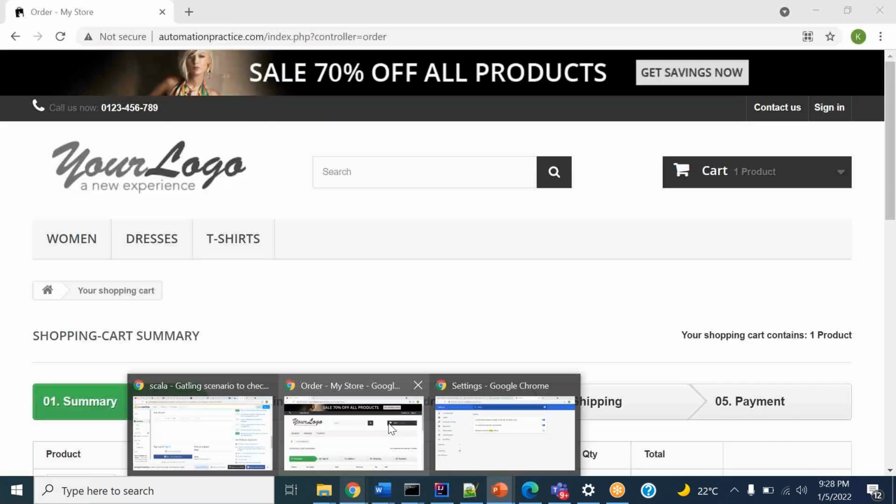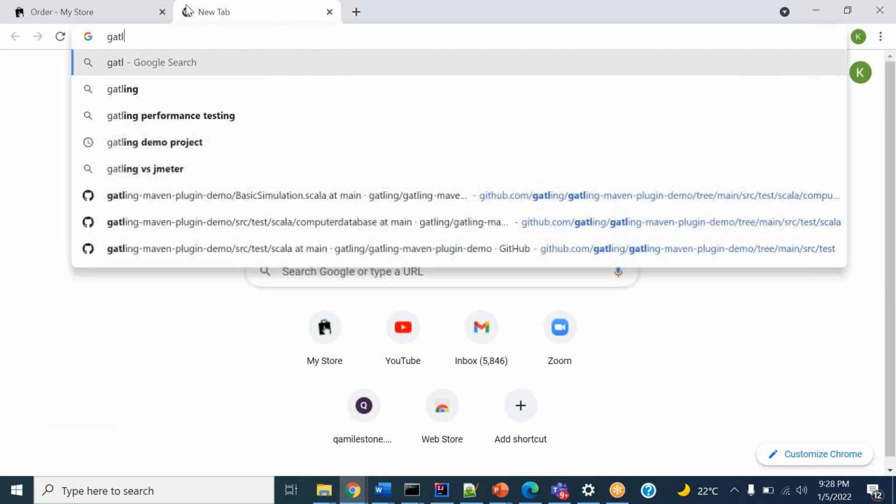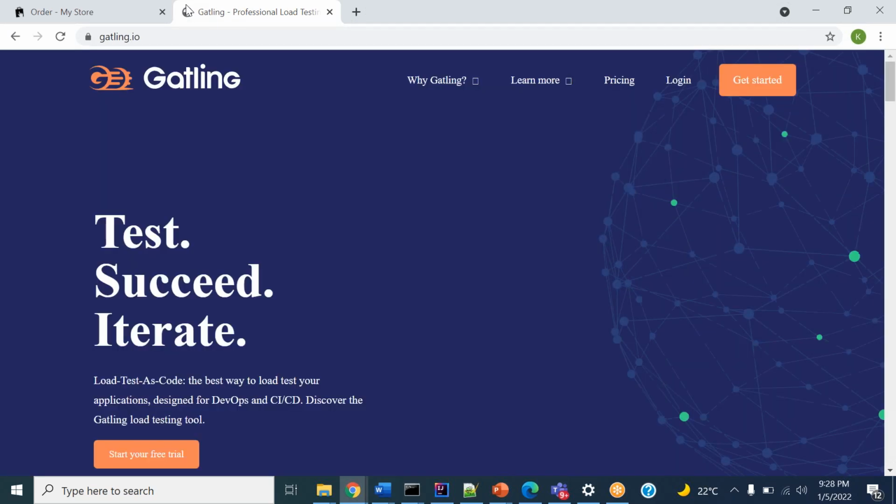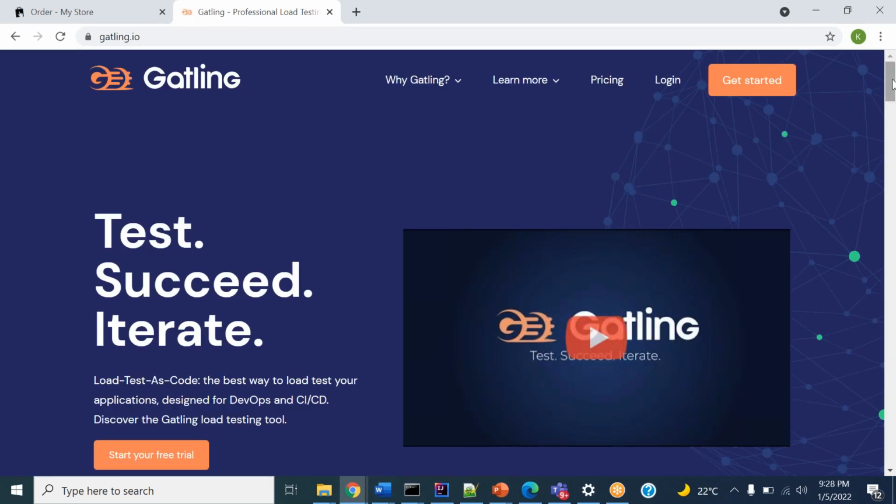So anybody has Gatling installed in their system? Yeah, I installed it, but still have not started actually. Okay, today only I installed it. So please have a look.